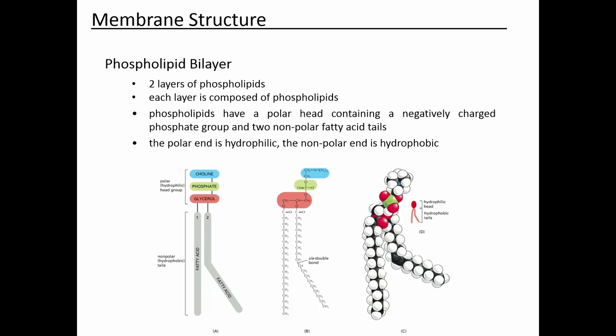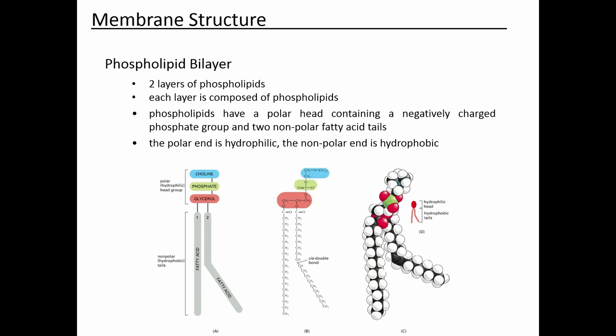And remember that when I draw, each of these circles represents one phospholipid molecule. I'm not going to write out the full word, but this is the hydrophilic part, and this end is the hydrophobic part of the phospholipid molecule. So that when phospholipid molecules form a bilayer, when they're making a membrane,